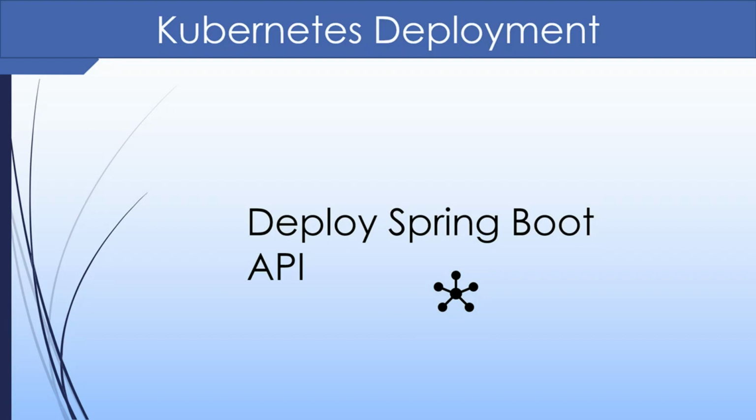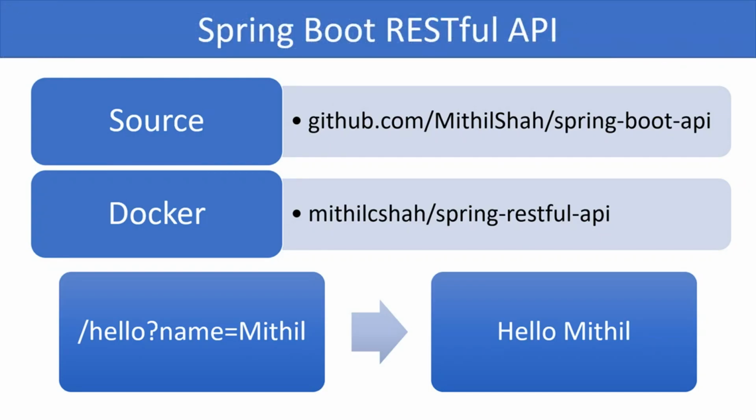YAML files allow us to write specifications for objects such as deployments, replica sets, services, namespaces, service accounts, etc. We then use the YAML file with the kubectl client to send the deployment information to Kubernetes. The deployment information is considered to be the desired end state of deployment, and Kubernetes tries to bring the cluster to that end state. To demonstrate how to write the deployment YAML, we will deploy a simple Spring Boot API